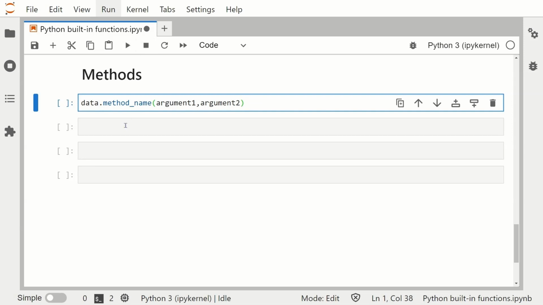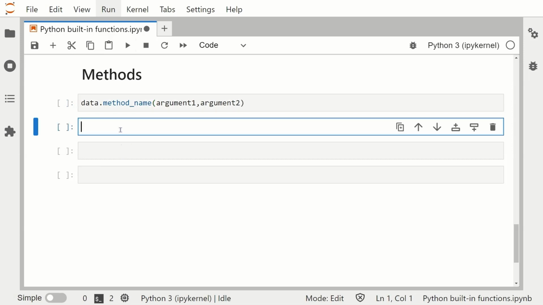So I'll do a numeric example here using the as_integer_ratio method. So we're going to use 1.5, then we've got dot and as_integer_ratio and parentheses. It doesn't take any arguments here.